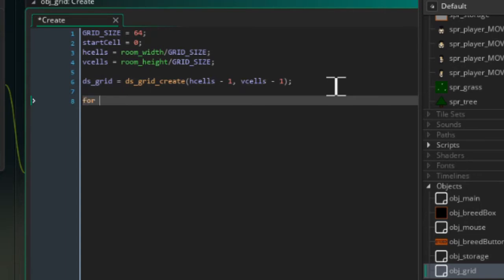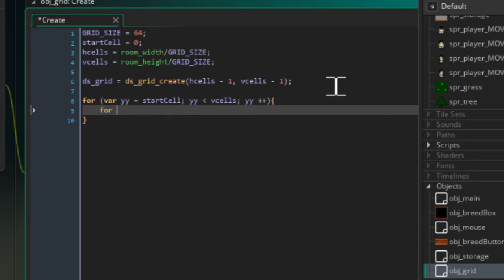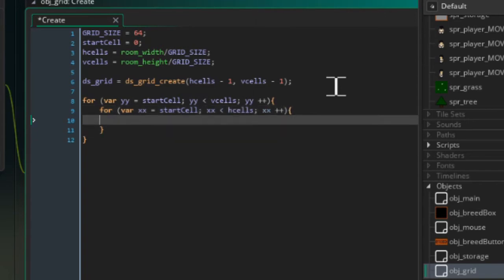And now we're going to create the grid. So for var yy equals start cell, yy is less than v cells, yy plus plus. For var xx equals start cell, xx is less than h cells, xx plus plus. And then we're going to say ds grid xx yy equals 0,